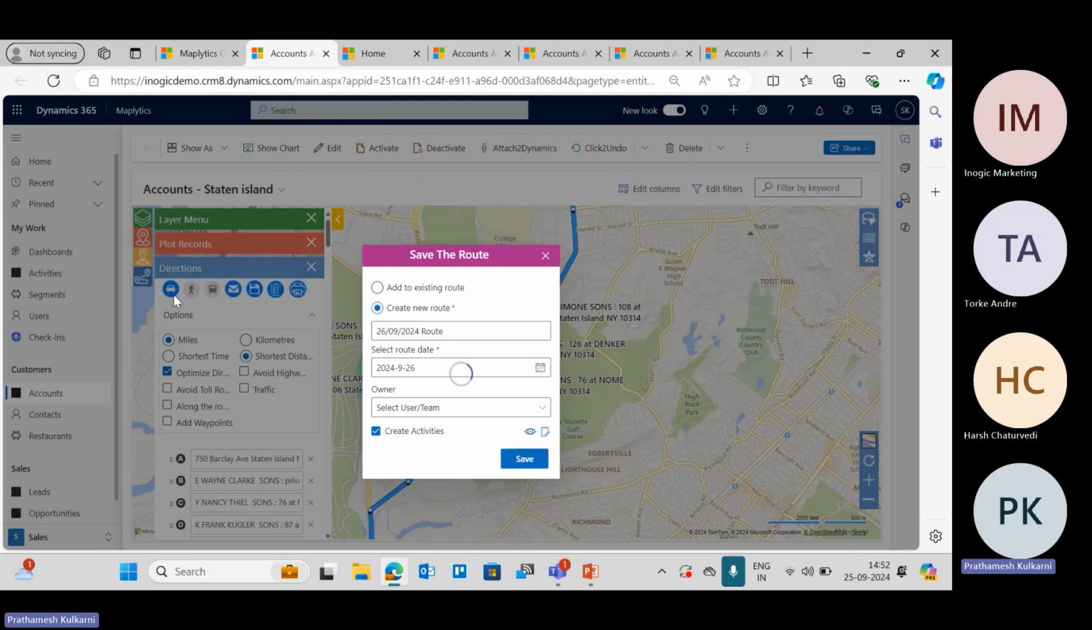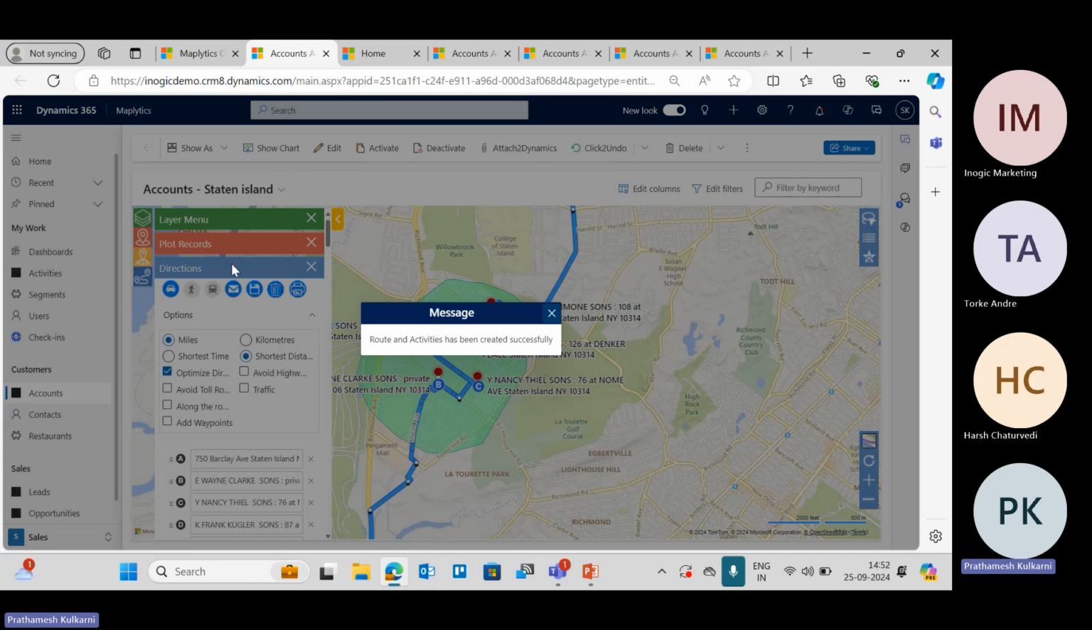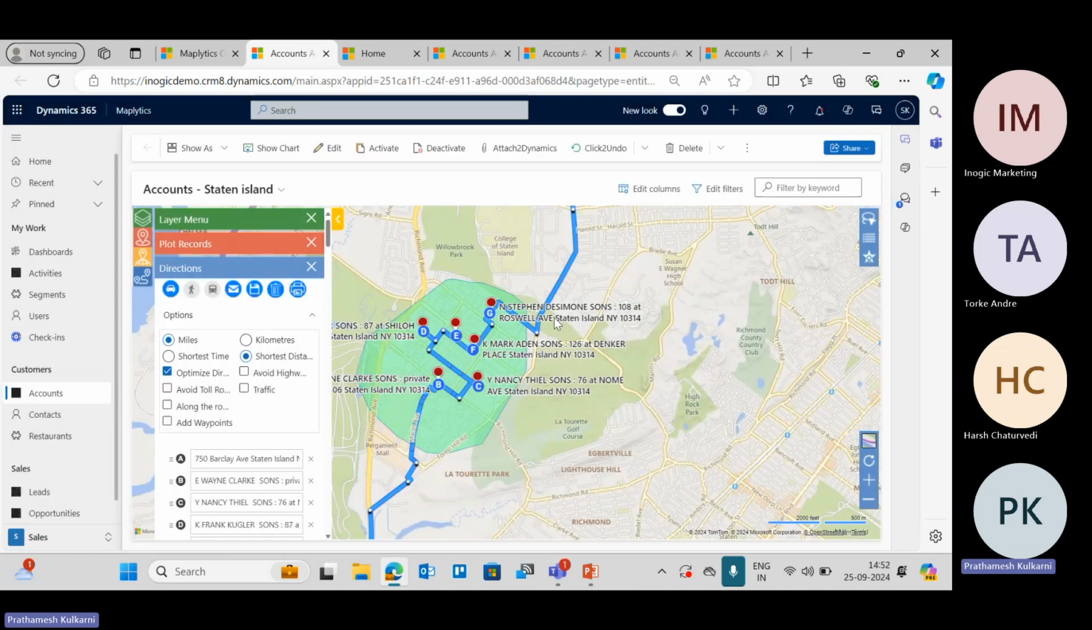What I will do is after this I will just show you. You see, all the routes and activities have been created successfully. Now on a more practical approach, what we can do is, since tomorrow I'm going to use this route,